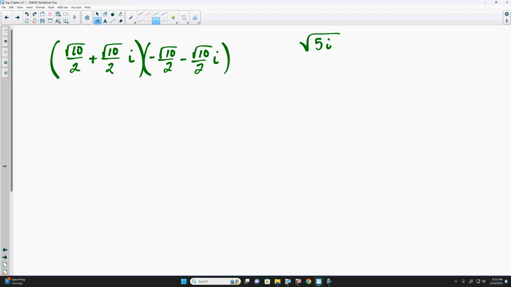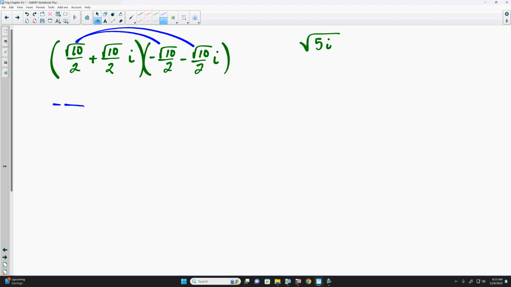So really what we're saying, whenever we take the square root, is what two things multiply together to give us 5i. That's what we're trying to find. And what should happen, I've done this before, is if we distribute this back out, we should get back to 5i. Now square root 10 over 2 times negative square root 10 over 2, we'd have